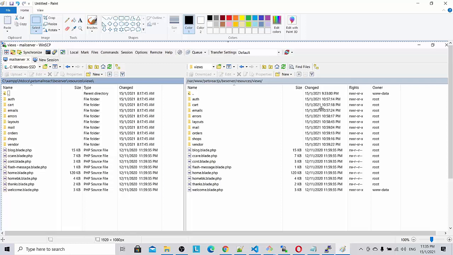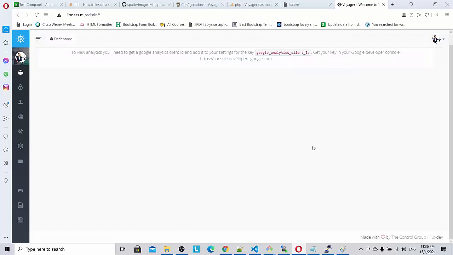www-data. So the resolution for this is you have to make the owner to be fully www-data. Once you've done that, everything becomes normal and the hang up of the Voyager goes off and we are able to see the admin screen in full. So I will show you the admin screen now. Can you see the admin screen?